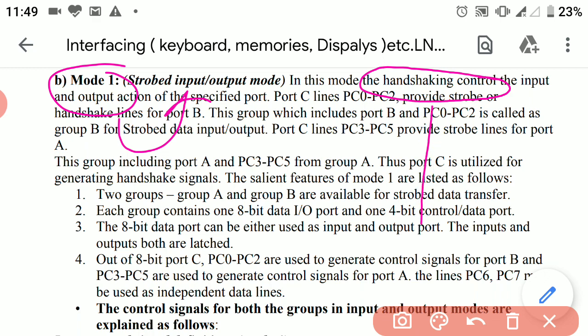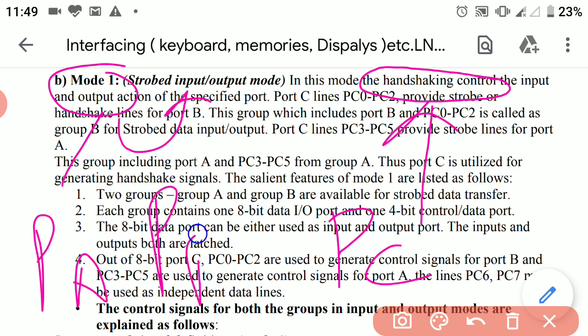For handshaking purposes, port C is allocated. So in this mode, we are left with port A and port B for any data transfer. Before connection of peripheral devices with the 8086 microprocessor, the handshaking control is done by